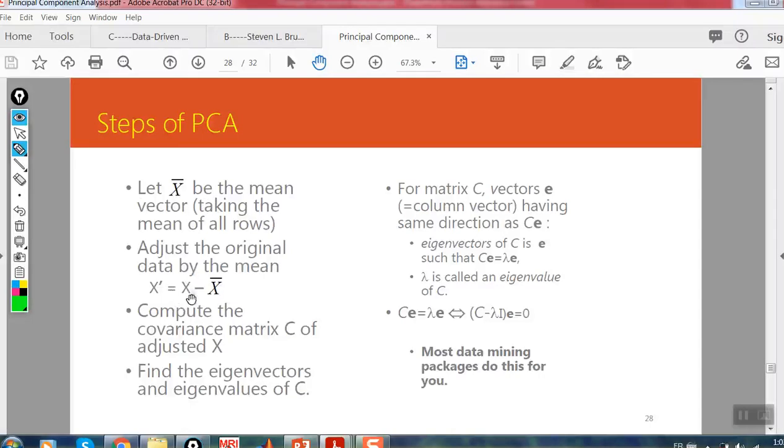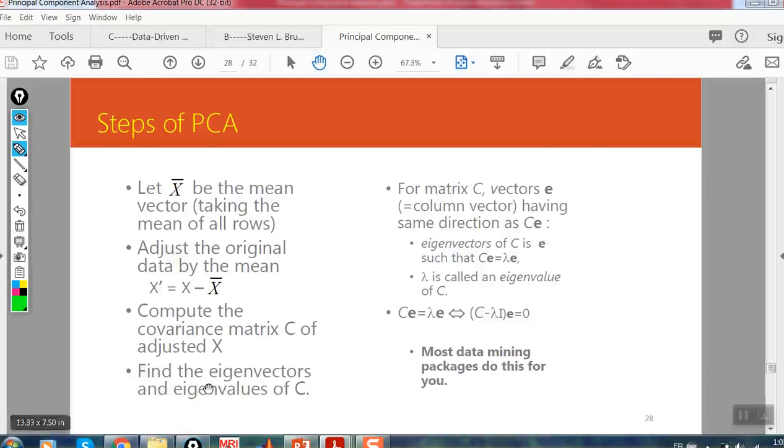We calculate the distance of data from the mean of data, and then we calculate the covariance matrix. X multiplied by X transpose, where X, of course, is these distances, X prime multiplied by X prime transpose, and then